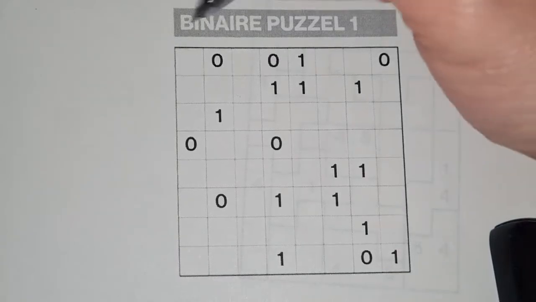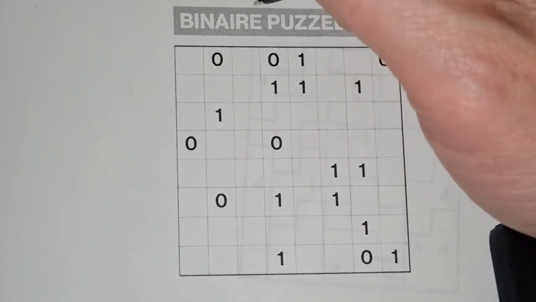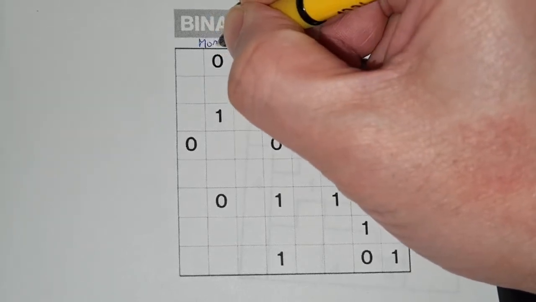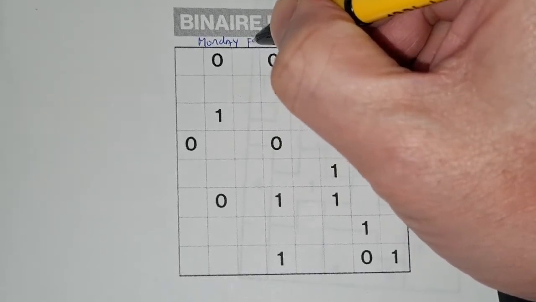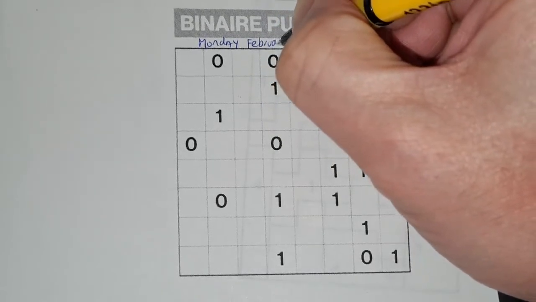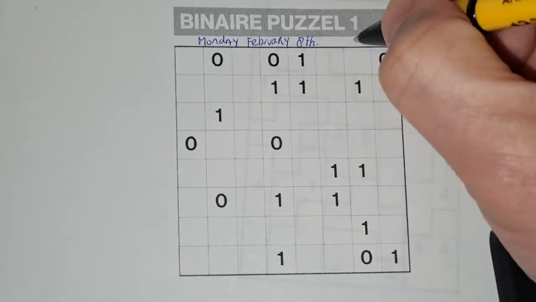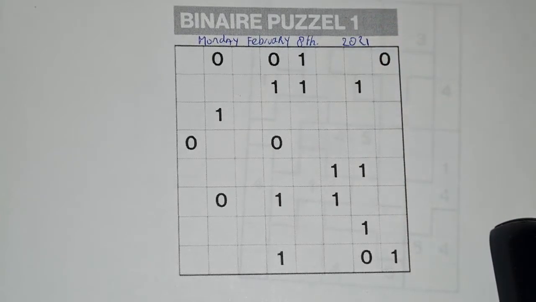And the third Sudoku is a binary puzzle. In this additional of today's newspaper on Monday, February the 8th, 2021, yes. I have printed this puzzle,